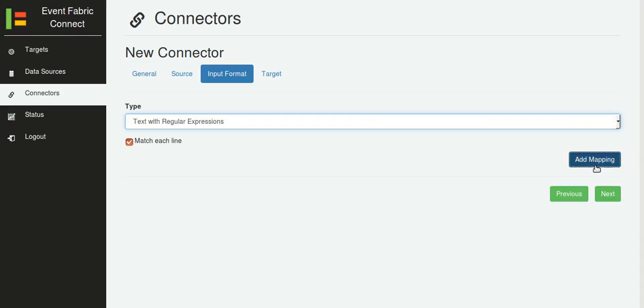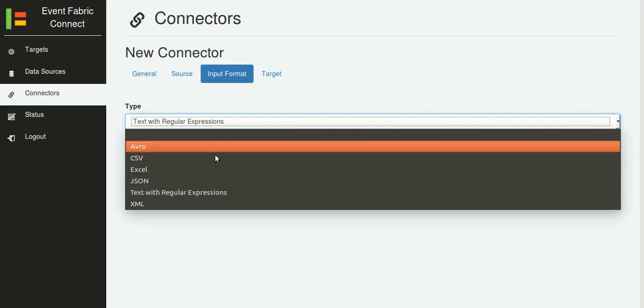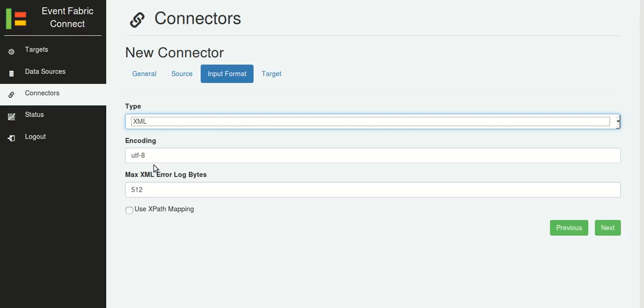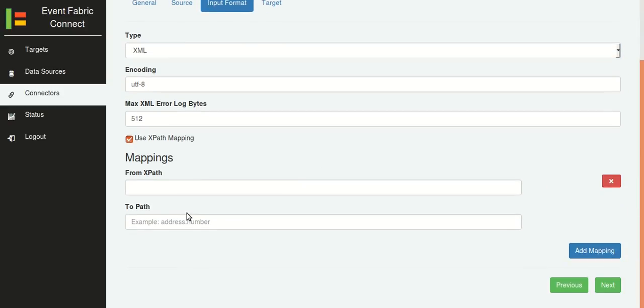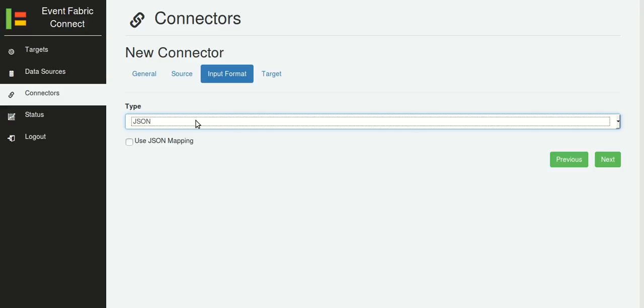Text with regular expressions, write a regular expression to match, and then where you are going to write it on the target JSON. And you can say match each line or match the whole content. And for XML, you can specify the encoding. If there's an error parsing the XML, how many bytes you want to log to the log file, and then XML mappings, where you write an XPath expression to extract the value from the source and to which path you want to write it. But now we are with JSON, so I will say that I'm going to use JSON